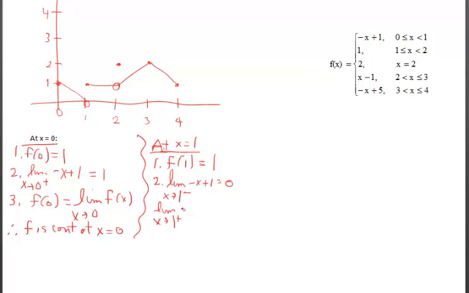Let's see where this is going. I'm looking at the right limit. Okay, if I looked at the right limit here, I'm approaching 1 from the right. Well, if I approach 1 from the right, I'm on this piece. I'm on the horizontal piece right here. So those y values